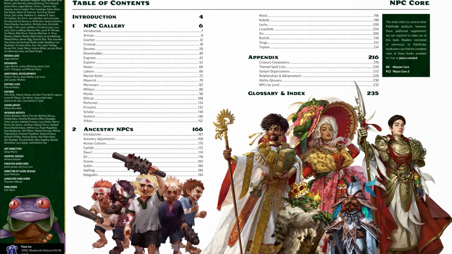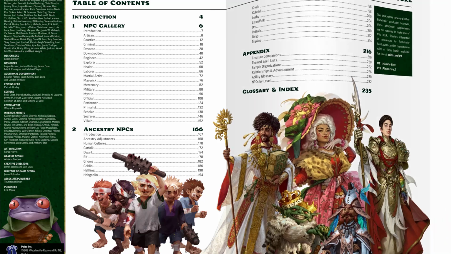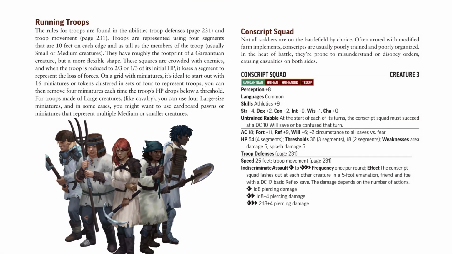The book is divided into two chapters, the first of which is the NPC Gallery. It starts by providing updated rules for troops. I won't go into too much detail here, but the key difference from the rules we had before is that in the Legacy Edition, a troop is a single massive unit that occupies 16 squares and can take basically any shape